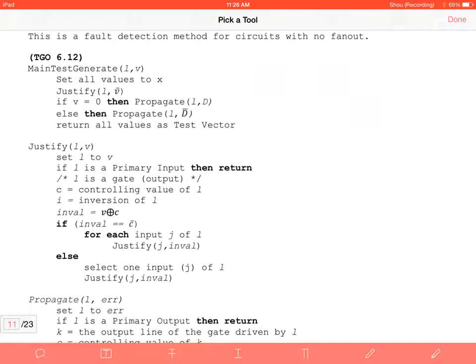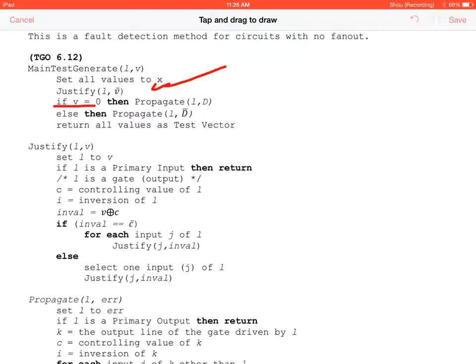So then once we've justified, if V is equal to 0, then we're going to propagate D through. We're going to propagate that node and D. So first we have to justify our inputs before us, and then the next step is to prove that it actually continues to propagate to the output. Because the whole objective of the algorithm is to see if a specific set of test vectors propagate the error to the output so we can actually observe the error on the output. So that's why we have our main algorithm, and our two subs are justify, determining the test vector, and then propagate,